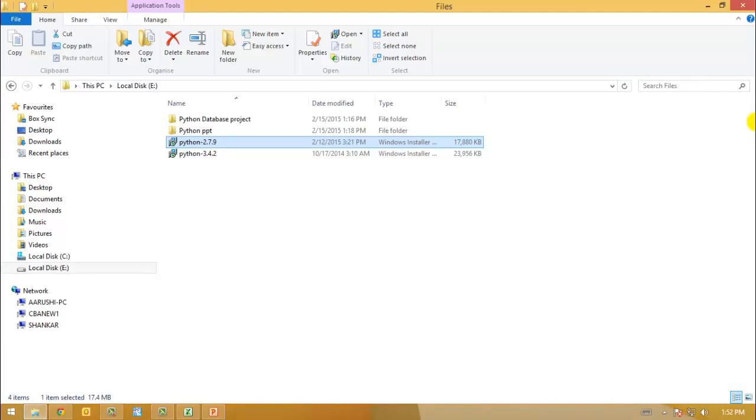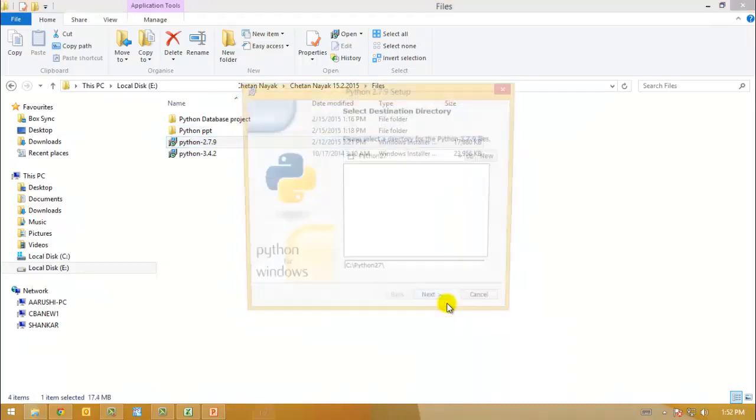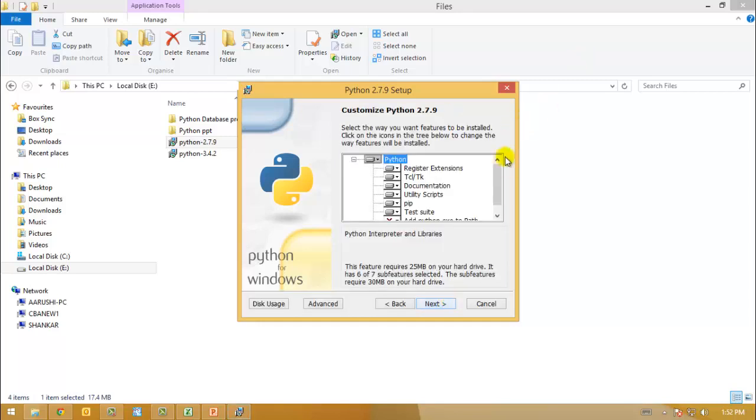So once you have downloaded the packages Python 2.7.9 and Python 3.4.2, it will look something like this. It would be an MSI Microsoft installer package ending with the extension MSI. Now we are going to install both Pythons on my system. Just need to click next, and here we would be installing that.